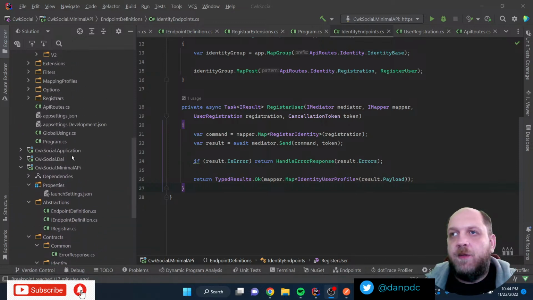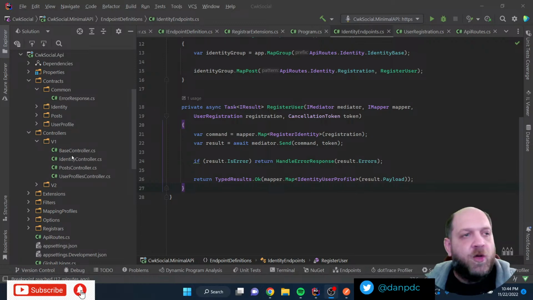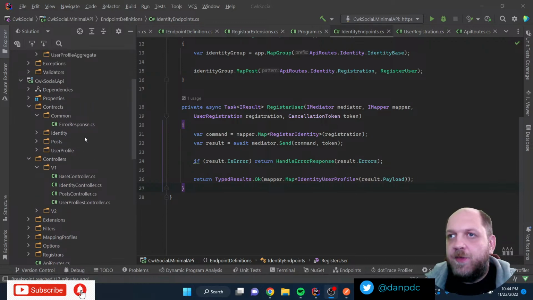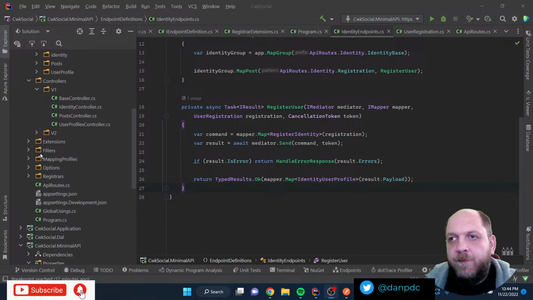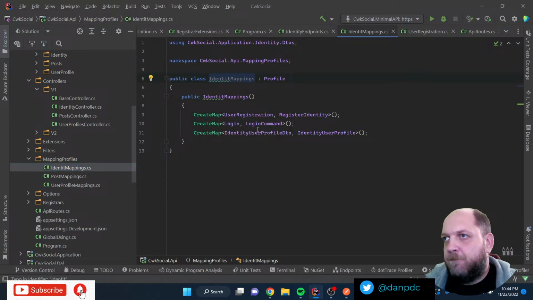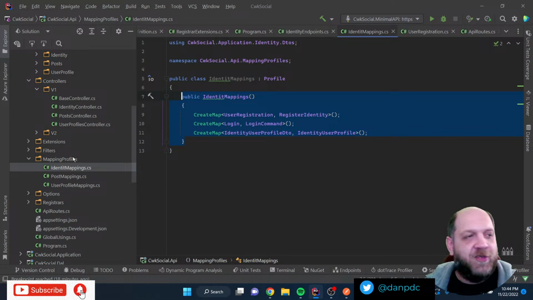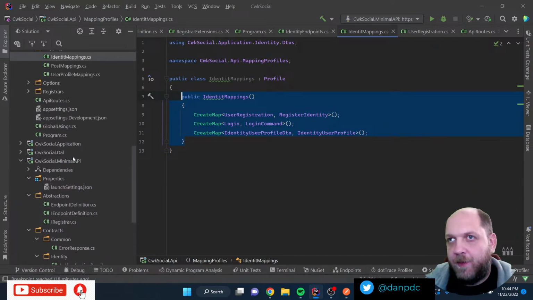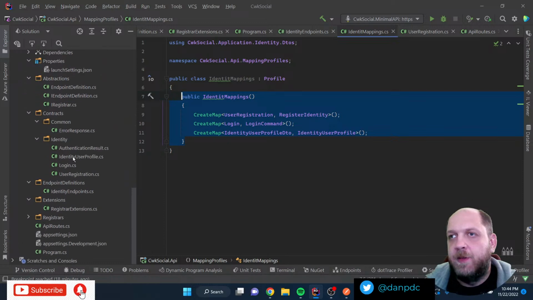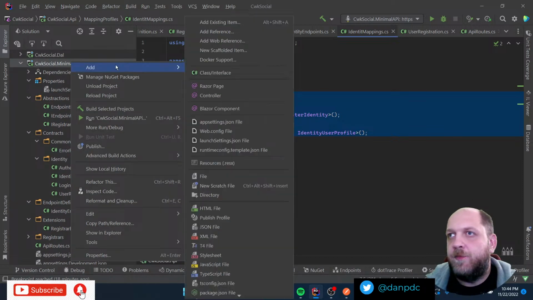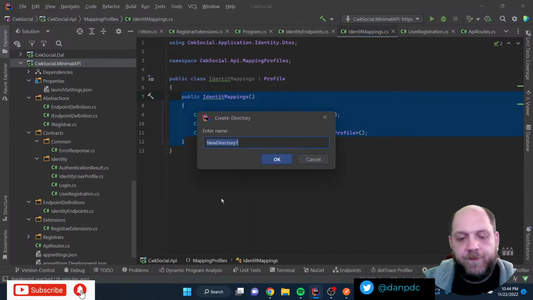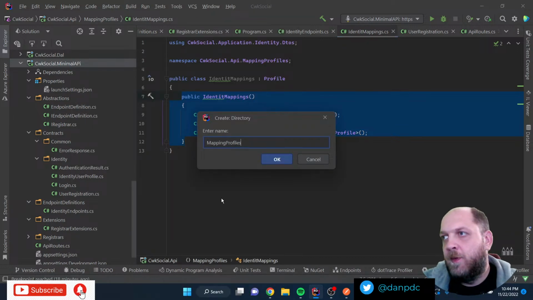So let us in the meantime take a look until we have other questions or other interactions. Let me just go here and let's see, where do we have the profiles here? Mapping profiles. Cool. And we have here identity mappings. Okay, and if we create a class, actually we have a typo here, so we'll fix the typo in the minimal API. How did you call this? Mapping profiles. Let's add that folder. The directory is called that in Rider.